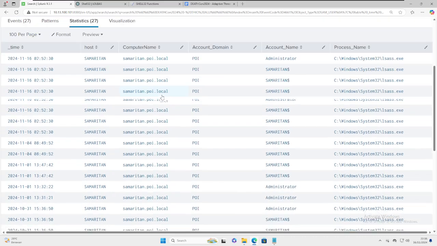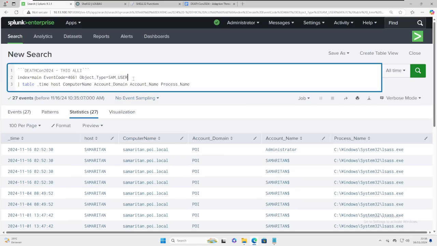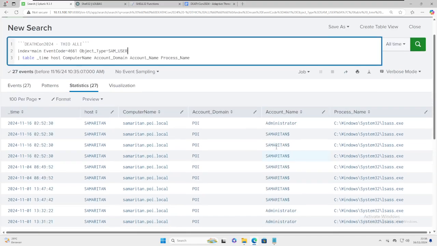Here is the result for event code 4661 with the object type SAM user. There is some activity by the Samaritans and the administrator.